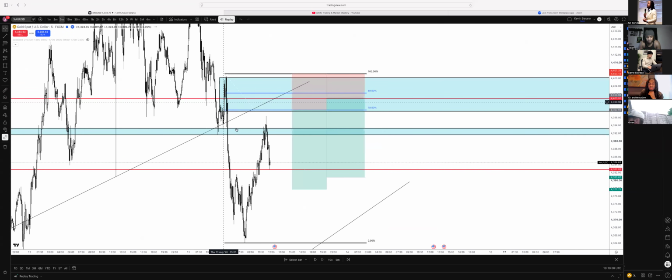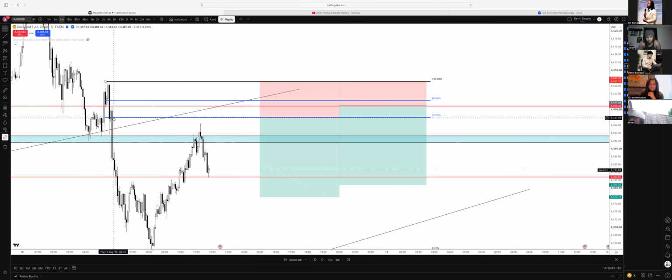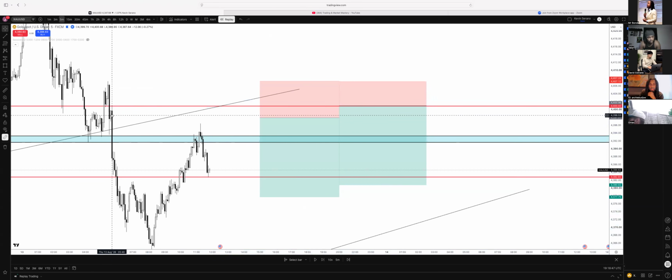Now, this is where the markets are tricky, guys. Can you see? Let me try and make this a bit clearer. Okay. So you guys see, I've drawn out the order block. Can you see this buy to sell candle here? So many people probably would have thought to sell off of here